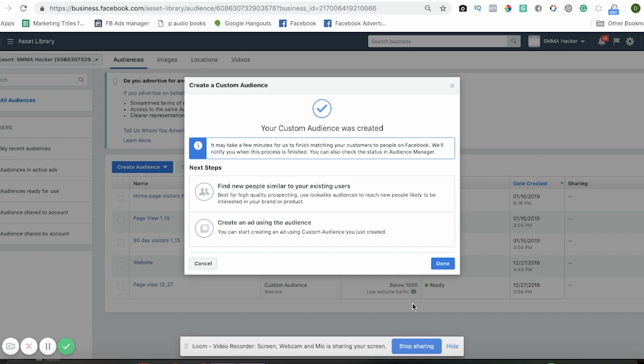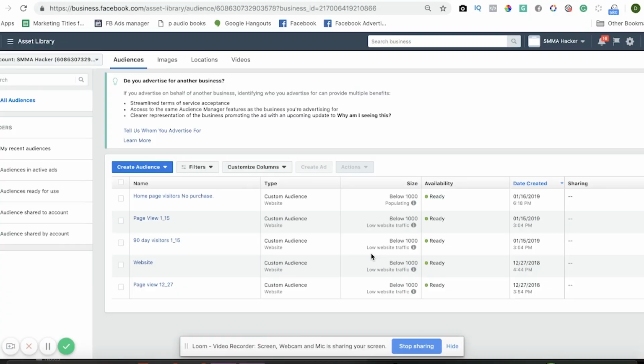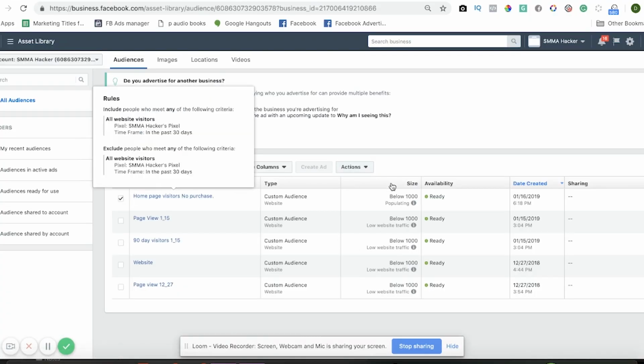So name, email, contact information, so that we can retarget them. Typically, this takes anywhere from a half hour to sometimes I've seen it take as long as 12 hours to actually generate a full usable custom audience. But once that's created, say this is ready to go, I would just go ahead and click this checkbox, and